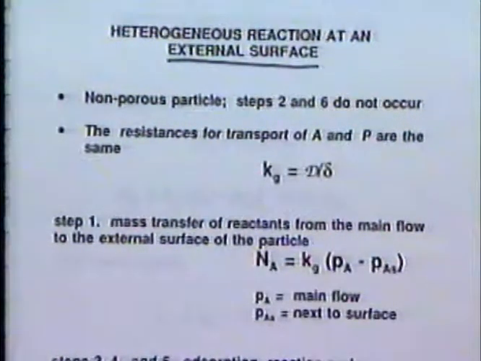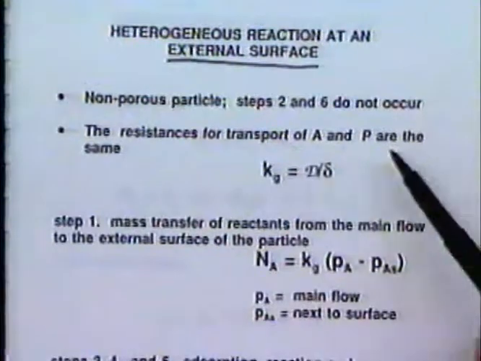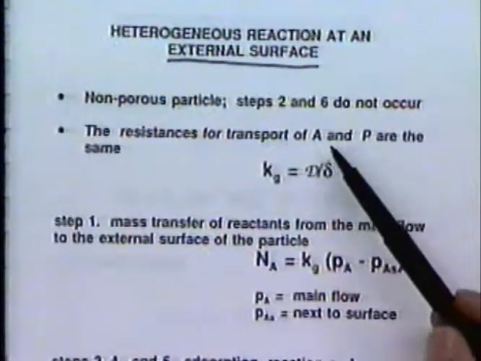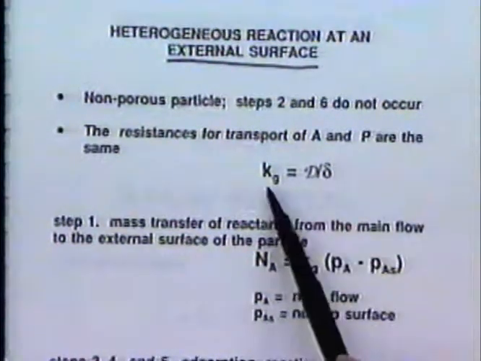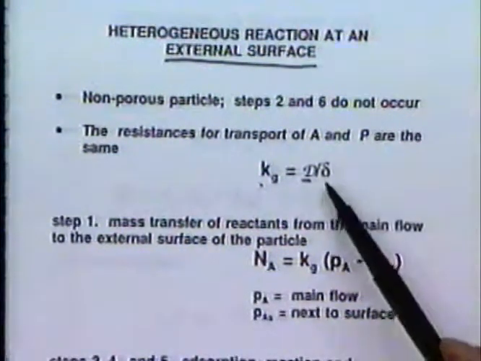That is, only the external surface of the catalyst is available. We assume that there are no pores. And now the resistance for transport of A and P are the same. We will assume that, and we can write Kg equal to the diffusion coefficient, the same for both species, divided by